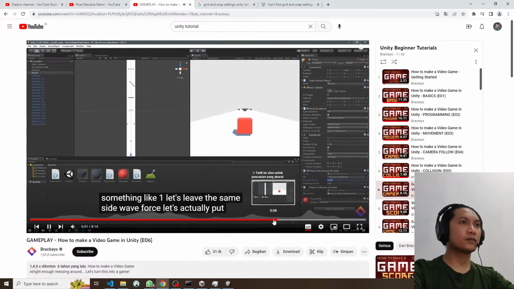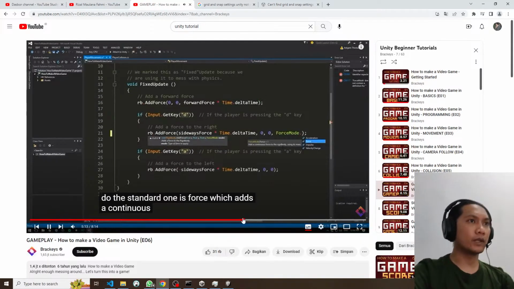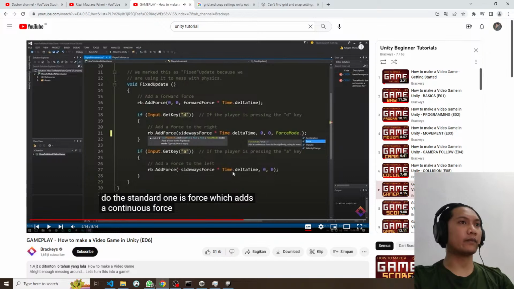Cool actually, but the movement that when using velocity change, we adds real continuous force mode, ya, force to the rigid body objects. Let's now